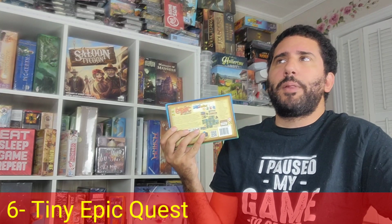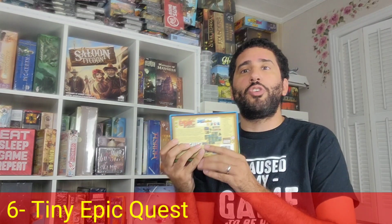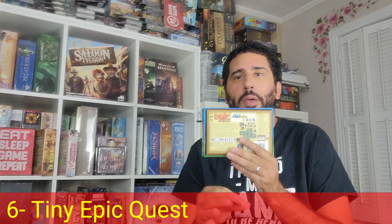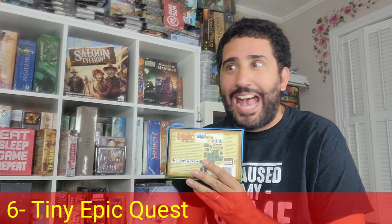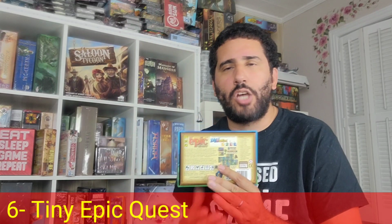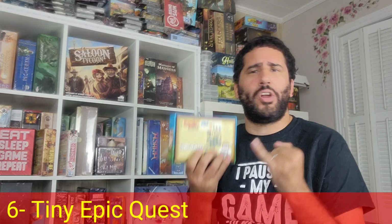And it's really cool because players are always choosing from 2 options as far as movement is concerned. You could either move in a straight line horizontally or vertically. You can maybe move a space diagonally to the next quadrant, or you can take a raft and go to any one of the edges on the board. So you're making these decisions ultimately to make it to different spots on the board where you're either going to